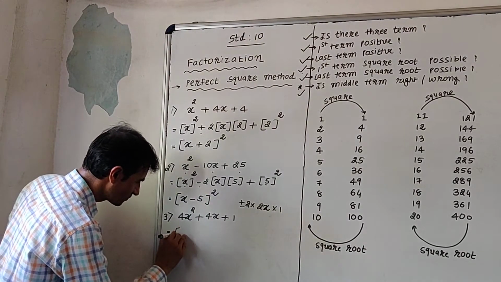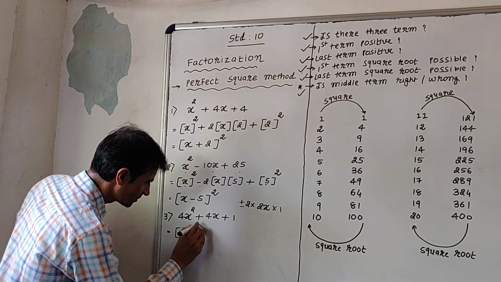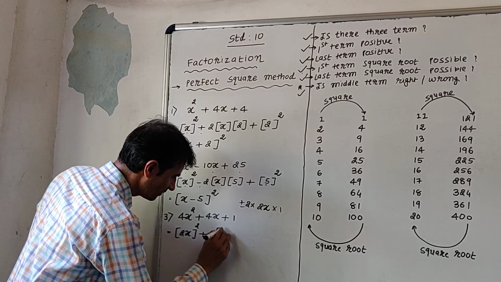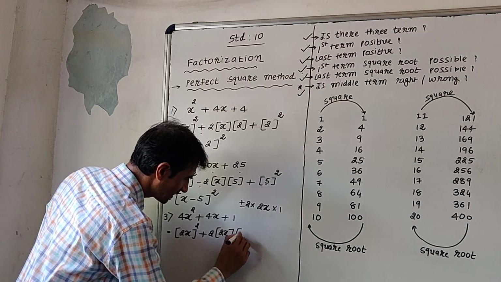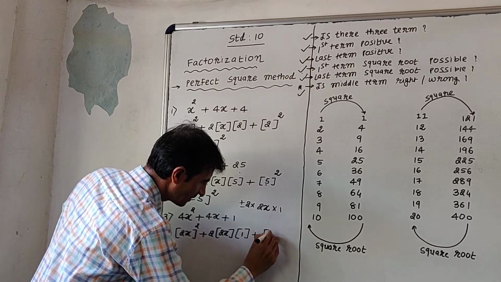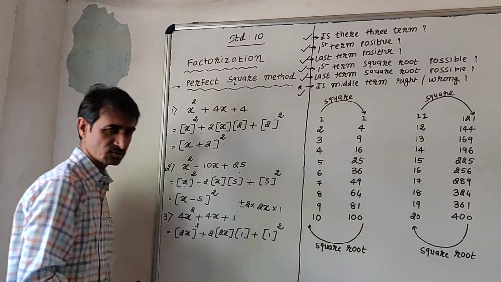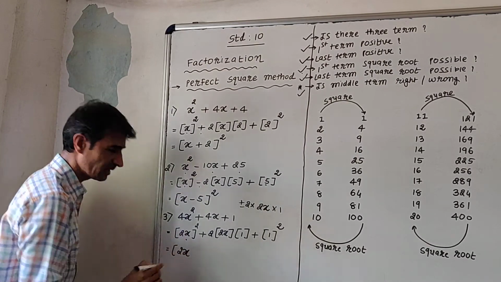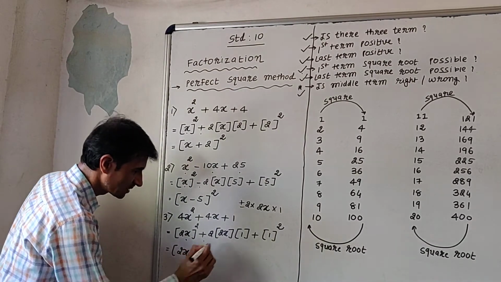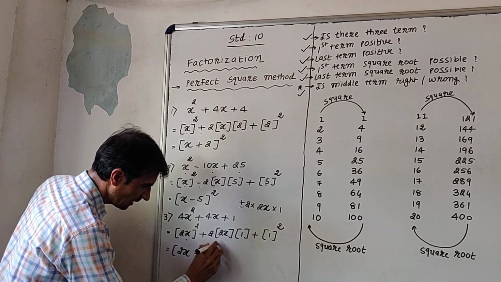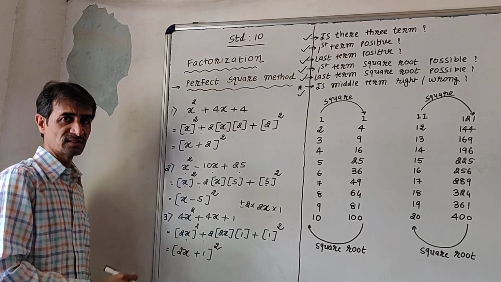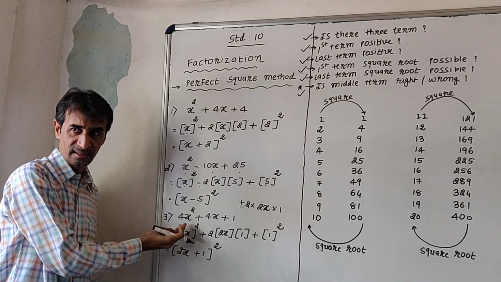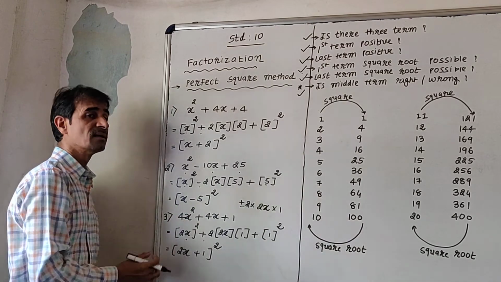Okay, the first term square root 2x, the whole raised to square, here the middle term sign. Now the 2 from the pocket, first term square root 2x, last term square root, and the whole raised to square. And now the final answer we can write down: first term square root 2x, the middle term sign plus, the last term square root 1 and the whole raised to square. And this is the final answer. Now this is my plus sign, this is my minus sign. Here in the third question it is a coefficient.